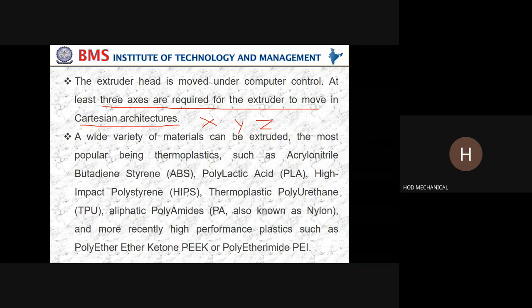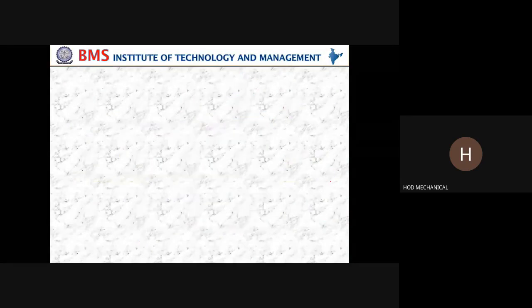The materials that you are going to use are thermoplastics. Generally you might have observed acrylonitrile butadiene styrene, which we largely refer to by the word ABS. So ABS plastic we are going to use, PLA, polyurethane, and polyamide, which are generally called nylon. These are the materials you are going to use. Nowadays the FDM technique is very commonly used.